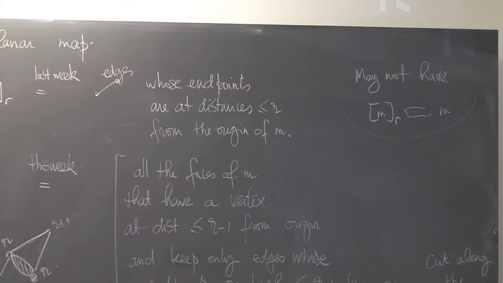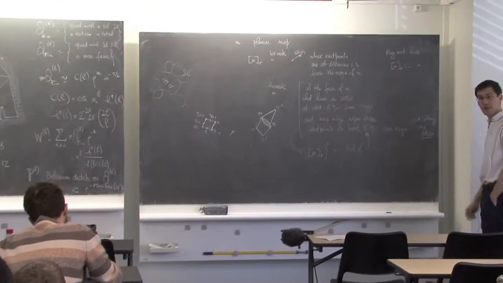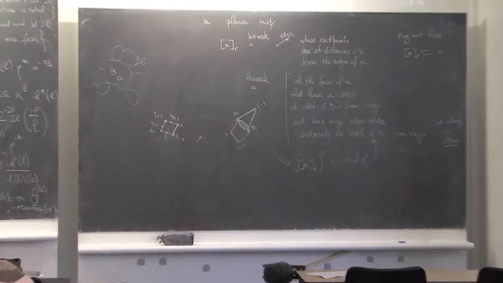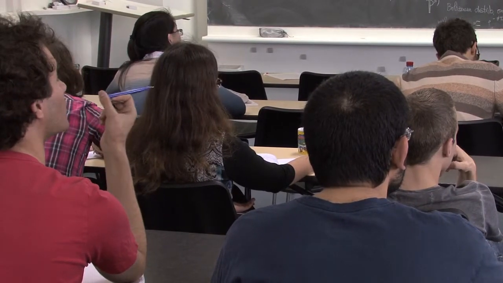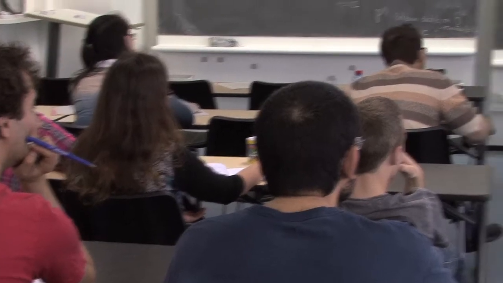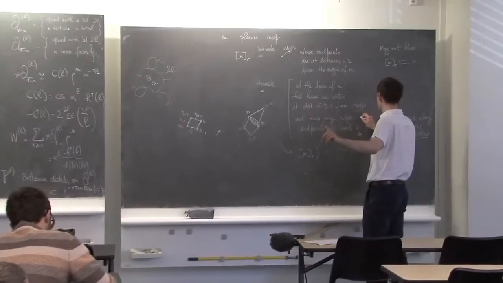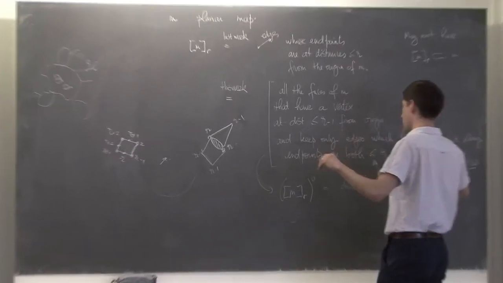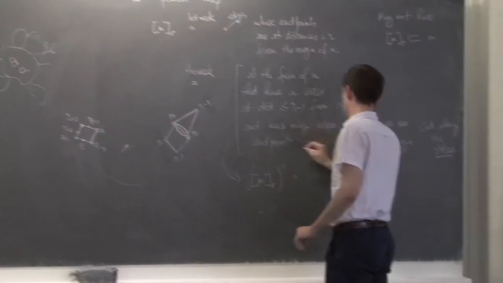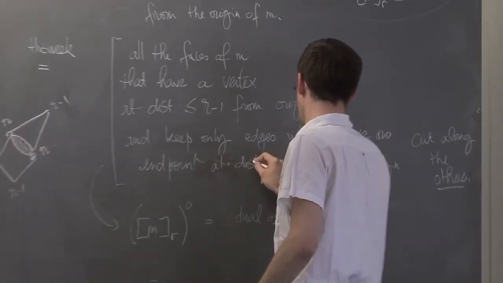Okay? Excuse me, why would we keep an edge between R and R plus 1 in this situation? Oh, sorry, R minus 1. Thank you, R minus 1. Okay? Is that clear what I'm doing? Still, they're both not more than R or R minus R? No, I need only one. You're right. Edges which have one endpoint at distance less than R minus 1.